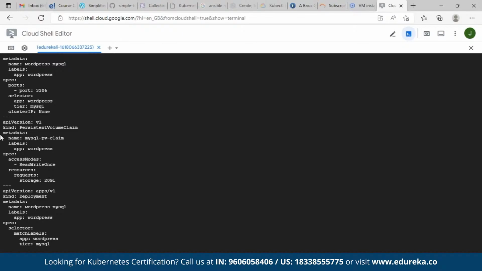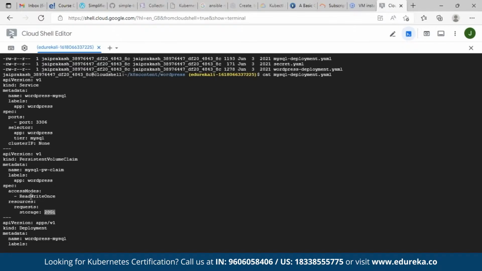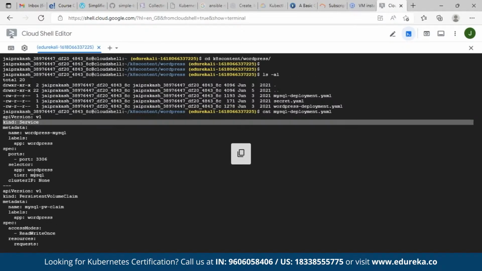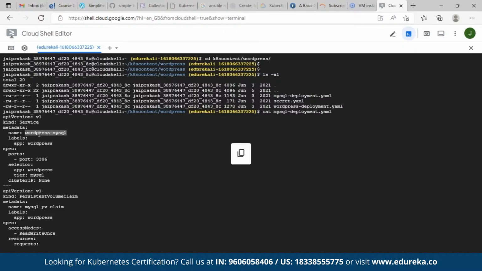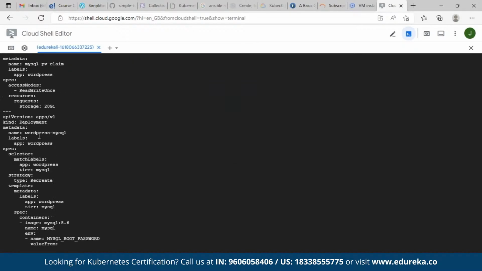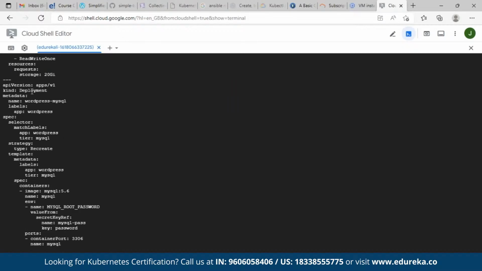So here I'm creating a volume. The volume is 20 GB. I'm also creating a service, which will give the IP address. It's a MySQL service, and the name of the service is WordPress-MySQL. Along with that, I'm also creating a deployment. Deployment is a controller that is used